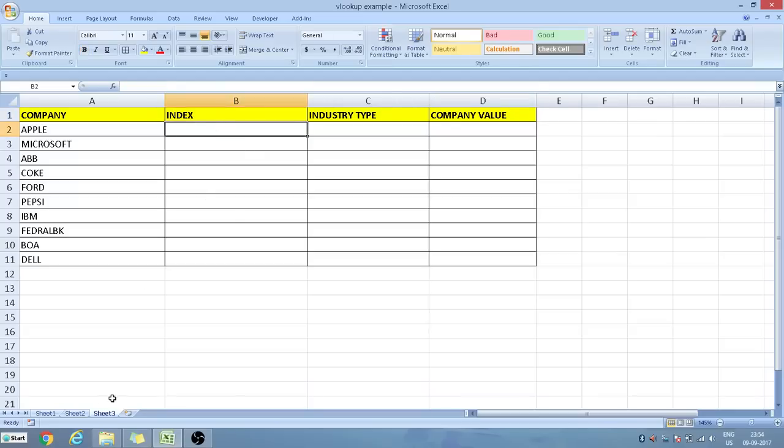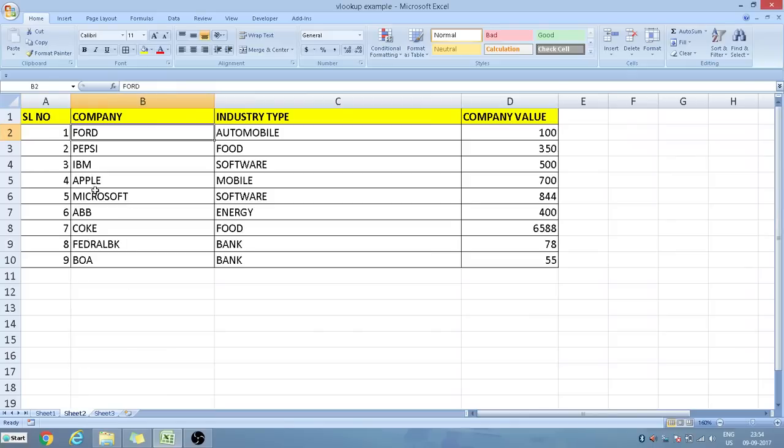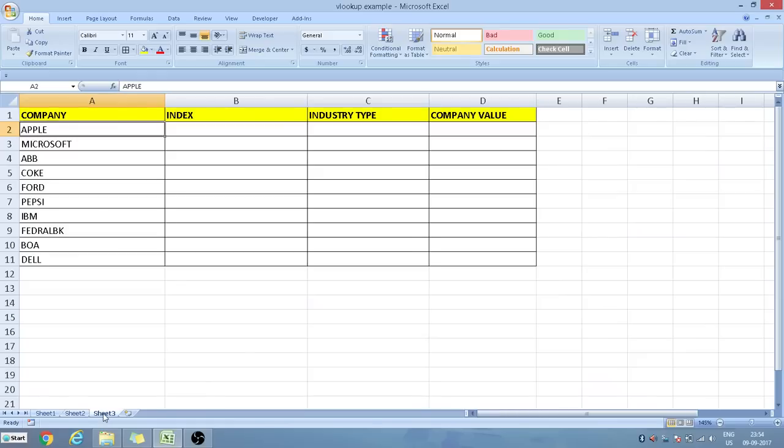One thing you can do is take the Apple, search here where this Apple is, and copy this value to this sheet. This can be done very easily manually without any automation, but only for a very small piece of data. But just imagine you have 10,000 rows, how are you going to do this? In this type of scenario, the VLOOKUP function will help you.